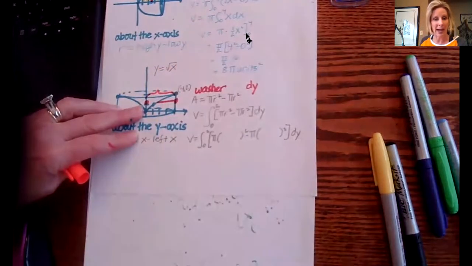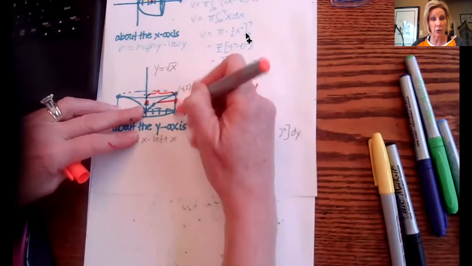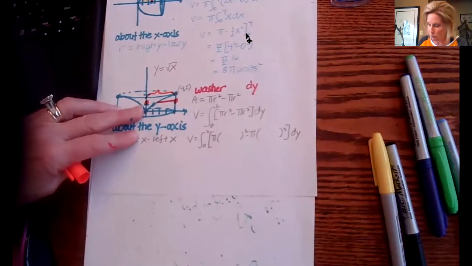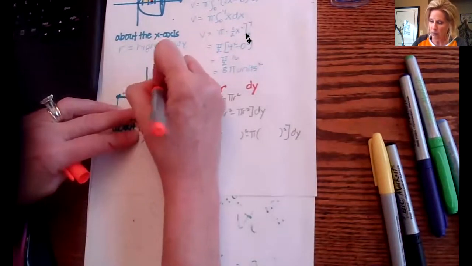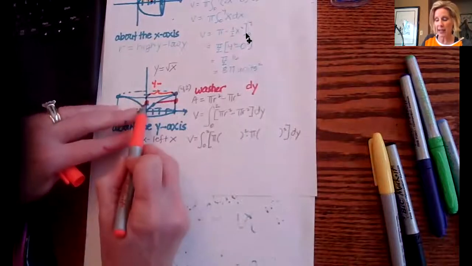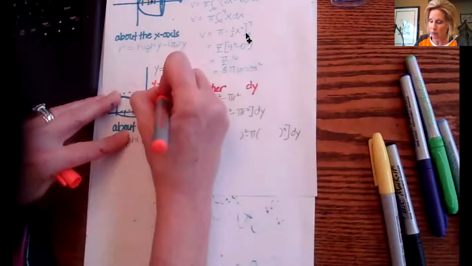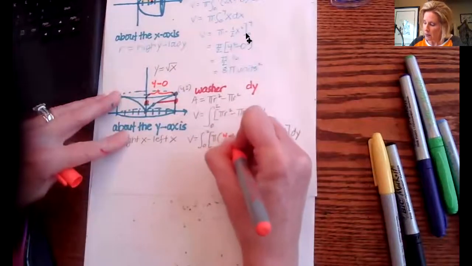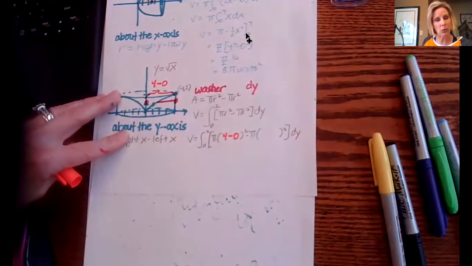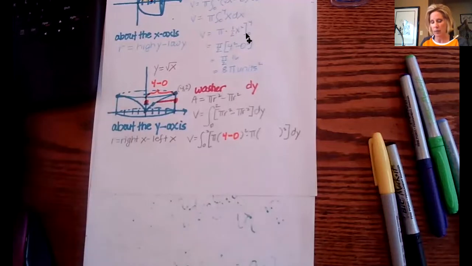So that would be my outer radius. Well, my right x is over here at x equals 4. My left x is right here, and that would be at x equals 0. So 4 minus 0 goes there, okay? Now,